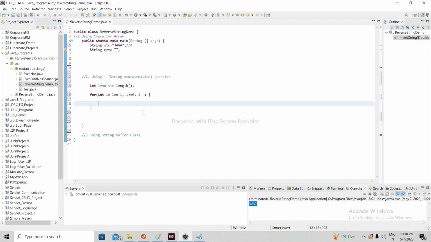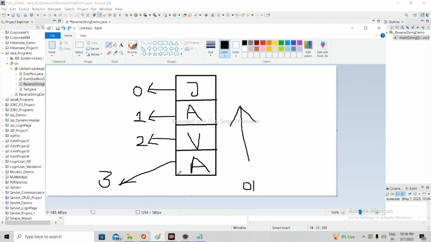Why are we taking it like that? Because we need to iterate from bottom to top.